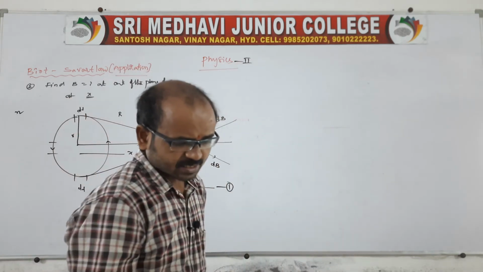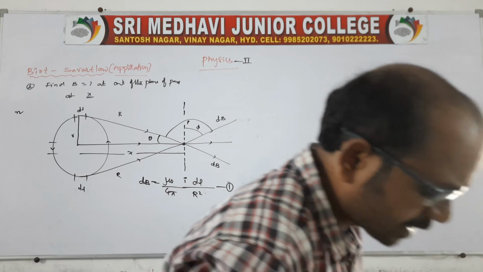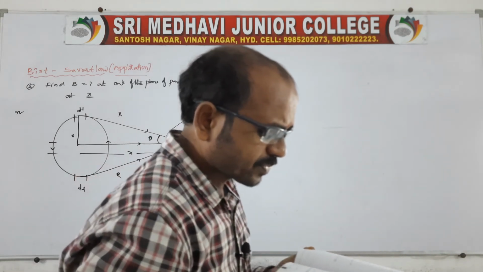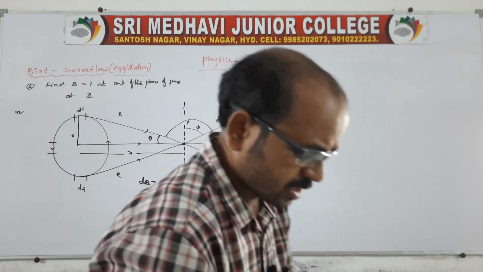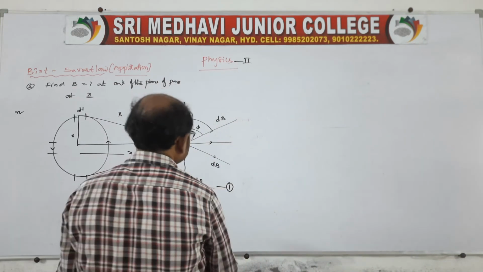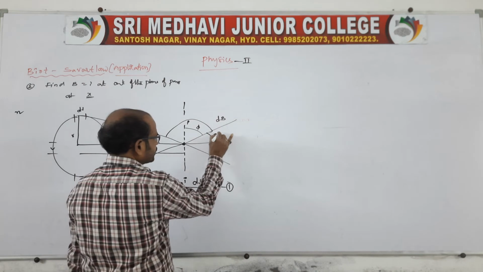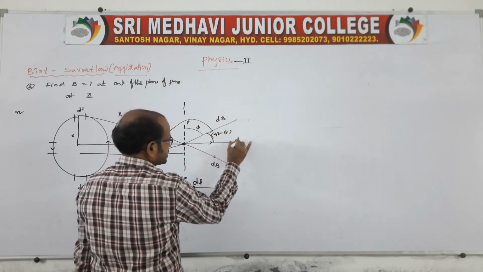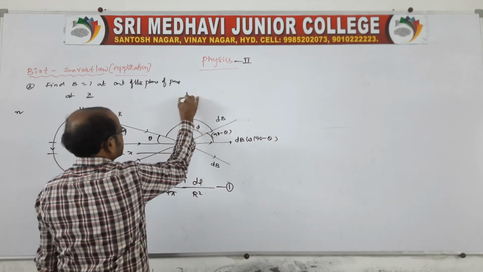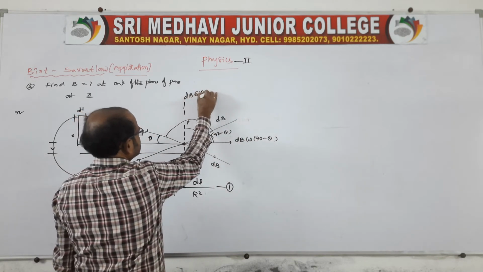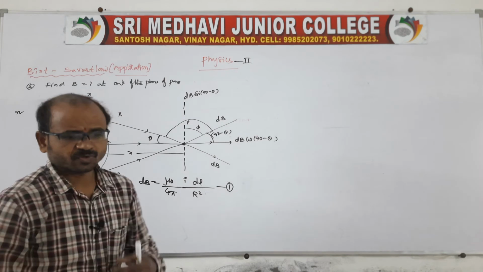See, this is 90 minus theta, therefore dB can be resolved into two components. One is dB cos 90 minus theta,